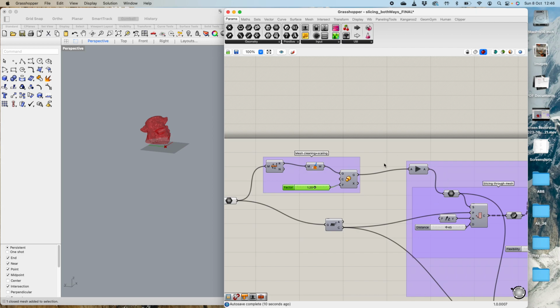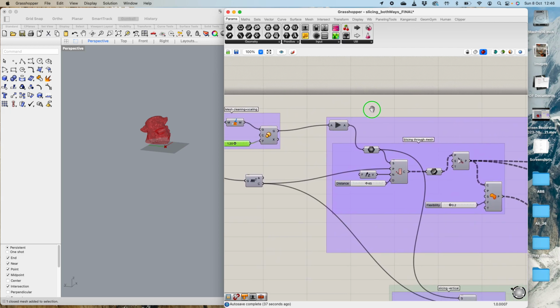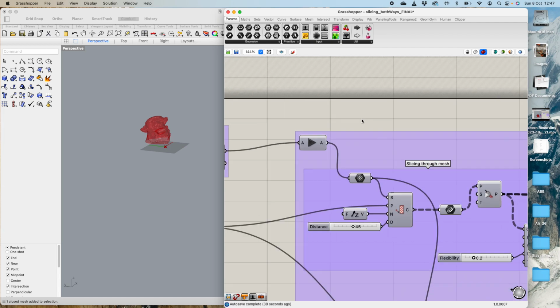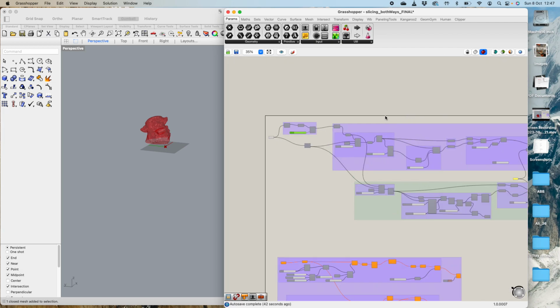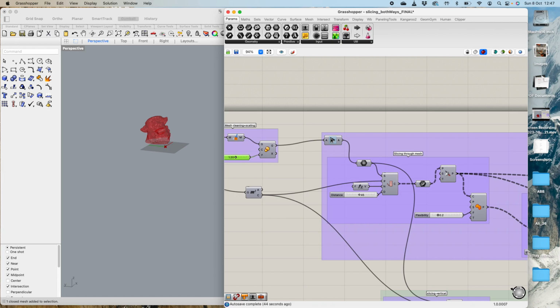And now you see we have activated this. So everything right of this data dam is not processed. It's a good way to work, because this is a lot of data that needs to be processed. If you make changes on the left, you have to wait for a long time. So this is just helping you to navigate through rather lengthy code sections that produce a lot of stress on the CPU. Yeah. So if you double click onto this,